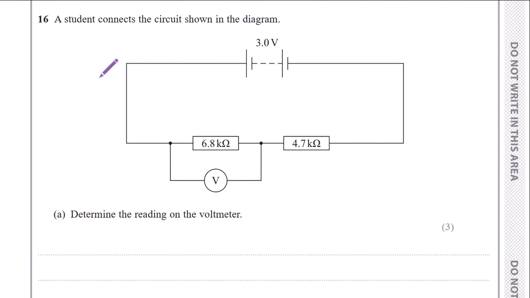So for question 16, it says, a student connects the circuit shown in the diagram. Determine the reading on the voltmeter. So guys, this is a very classic potential divider concept. When you connect resistors in series, the total PD, as in the EMF, gets shared according to the ratio of the resistance, right? So the question asks you to find the PD across the 6.8 kilo ohm. The other thing to remember is that the units cancel out, so there is no need for conversion. So V equals the resistance corresponding to V, 6.8, divided by the total resistance,